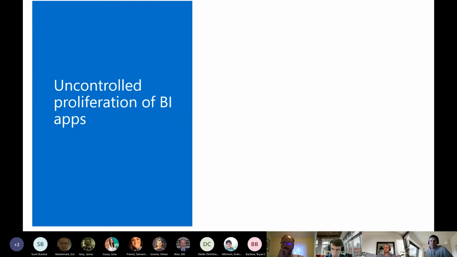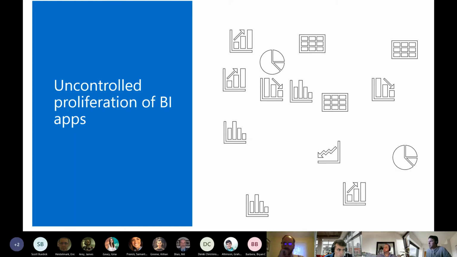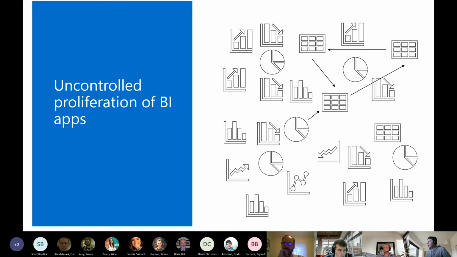So if you've ever been a part of a self-service business intelligence solution other than Power BI, hopefully, or maybe it is Power BI, you've probably seen the uncontrolled proliferation of BI apps, and your solutions probably look something like this, where you have tons of visualization tools and a whole bunch of tools that it's just uncontrollable. As simple as that.